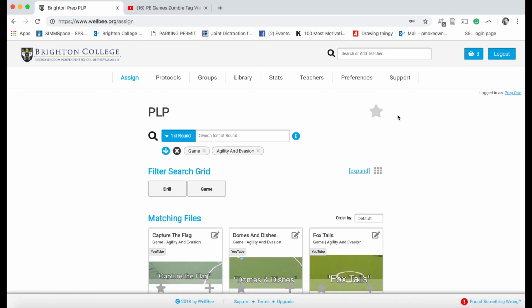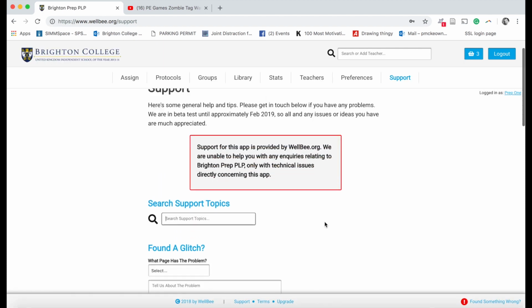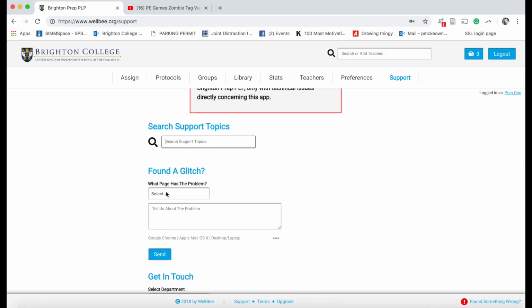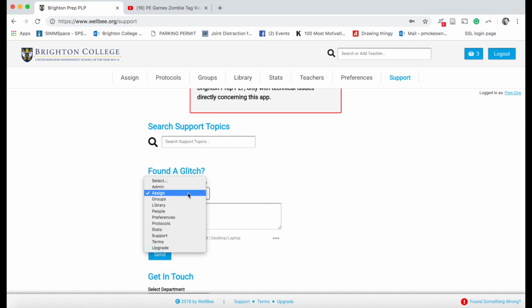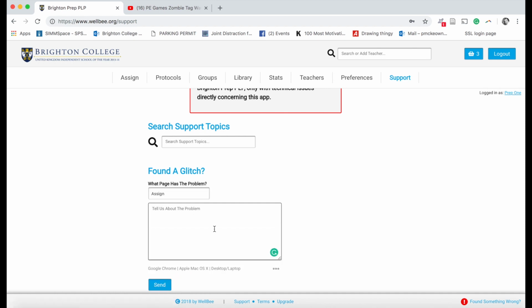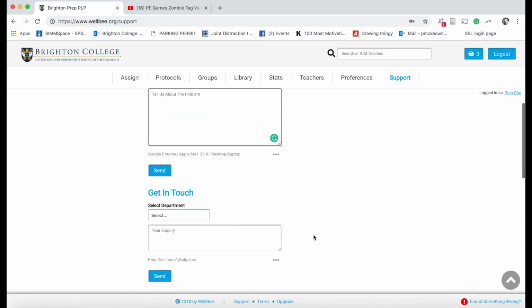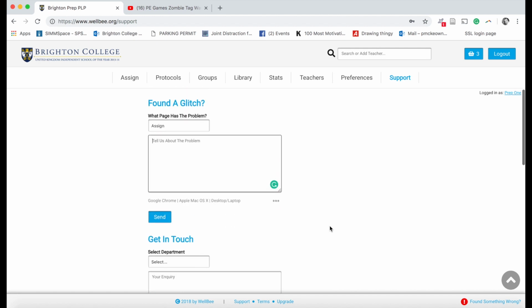And the only other last thing that we would really love you to use is the support section. So is there anything about the app that isn't quite working well? It comes into the glitch page. Just find the page where you were having the problem and then tell us a little bit about it and then send away. Otherwise, you can just get in touch via this, or you can just email me at